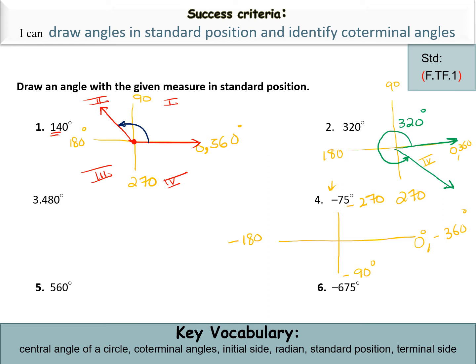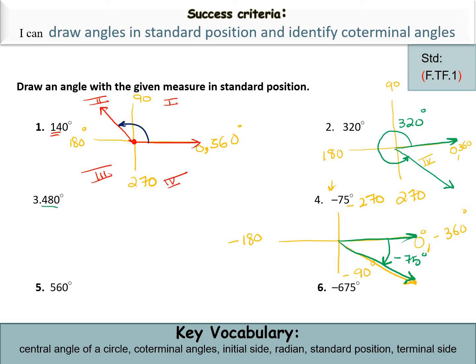So in the clockwise direction, negative 75 is between 0 and negative 90. So here somewhere. So you will find the initial side. The initial side never changes. Only the terminal side moves. And you are moving now in the clockwise direction. That's why it is negative 75 degrees. So be careful. If you are drawing the angle from the outer side, showing your direction in the anti-clockwise, it is about 320. You can see it in the fourth quadrant. And now if you move here, it is in the opposite direction.